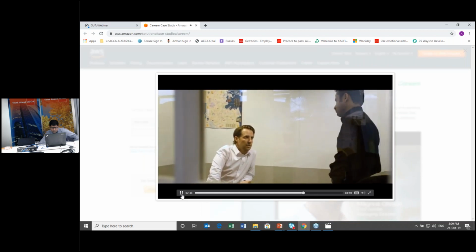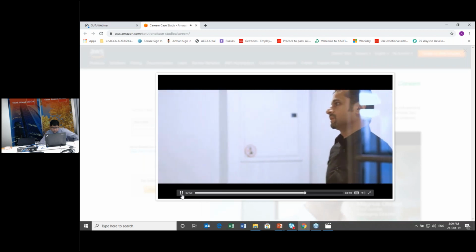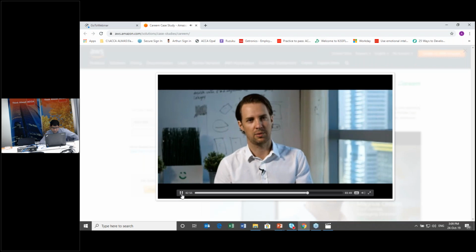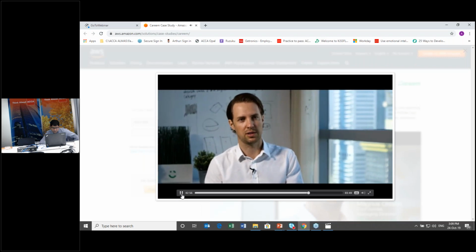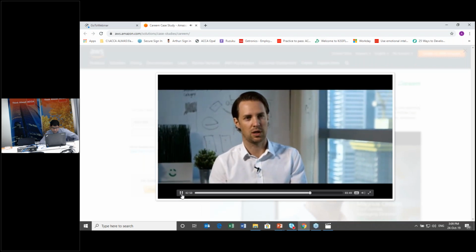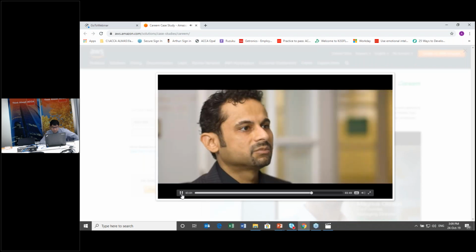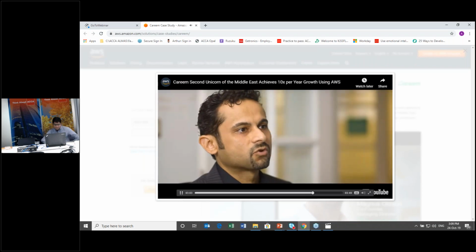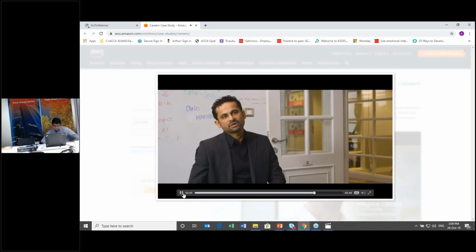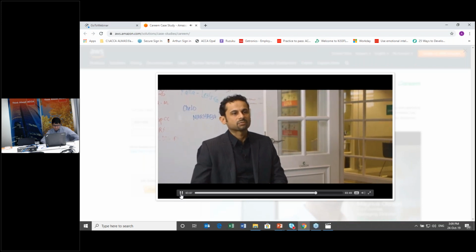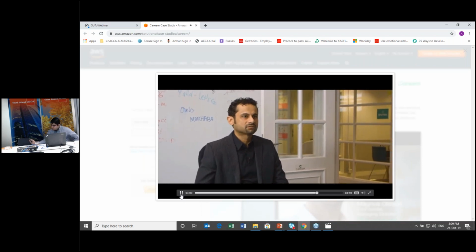Our philosophy when it comes to building Careem is that we should focus on the things that we can do best. And that means how can we get the car in the fastest possible way to you across the broader region. AWS has allowed us to focus on building and operating those applications as opposed to investing in physical infrastructure